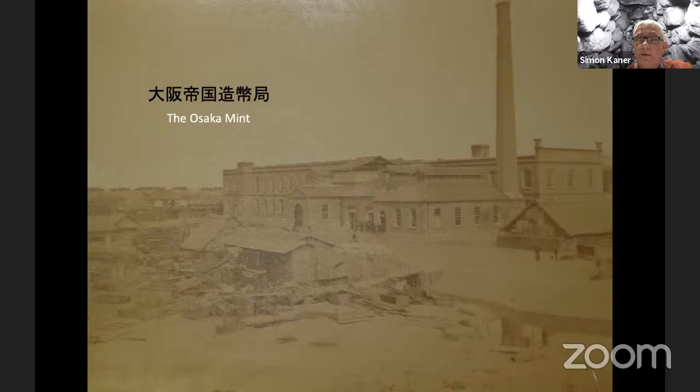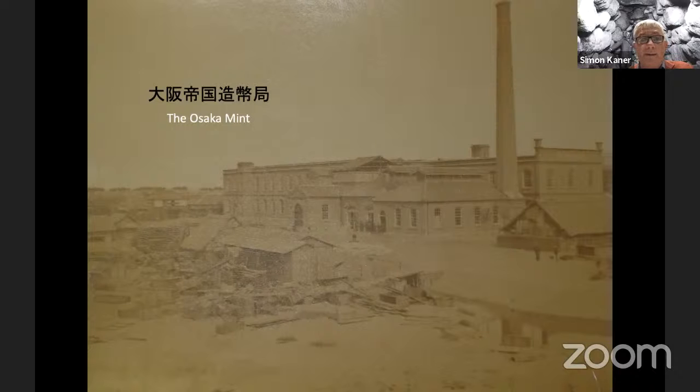But despite the very small funnel through which information and goods flowed, there was a remarkable level of knowledge of what was happening in the outside world, and we'll touch on that in just a couple of minutes. But this is the Osaka Mint. This is the building where Gowland worked, as I say, 16 years as an assayer, and looking for metal sources so that the new Japanese government would be able to mint its own coins.